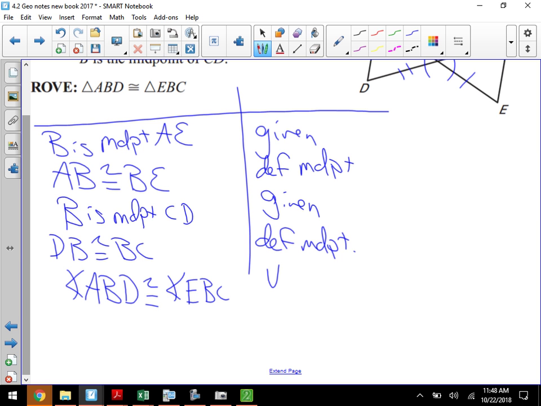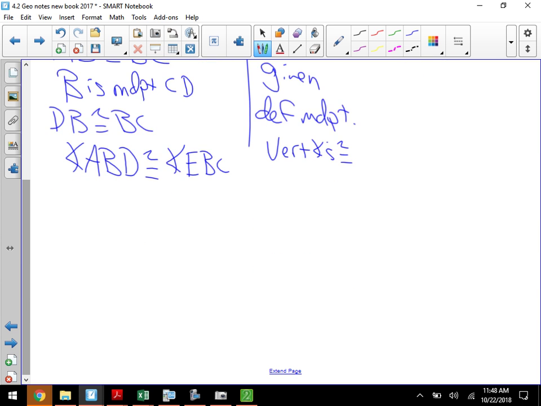And we know vertical angles are congruent. And I think that's what we have on our reason map, isn't it? Or in our progression sheet. You can say that angle is congruent to angle because vertical angles are congruent. Do you now have two triangles that are congruent? Is it because of all sides or side angles? Good. So now you can write that down. Triangle ABD